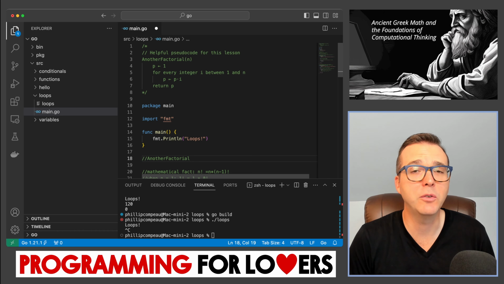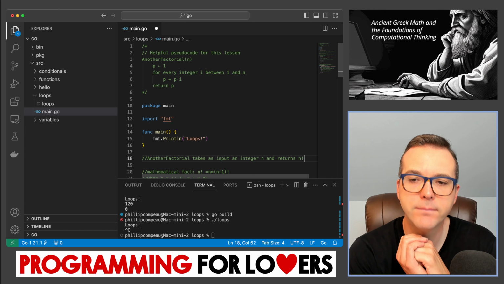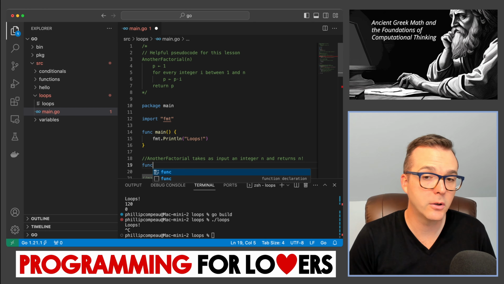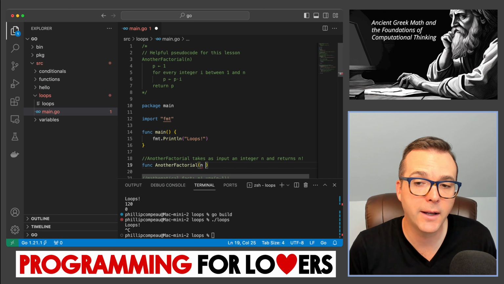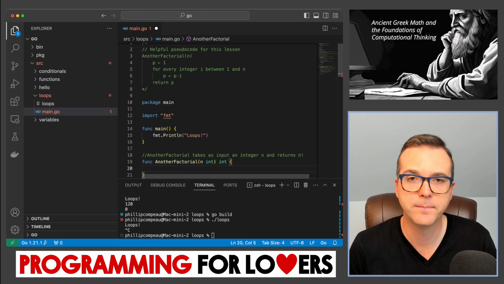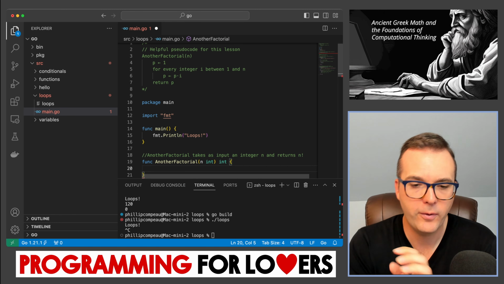Another factorial takes as input an integer n and returns n factorial. So the function signature of anotherFactorial should be anotherFactorial of n int, and it's going to return an integer as well. So to write anotherFactorial,